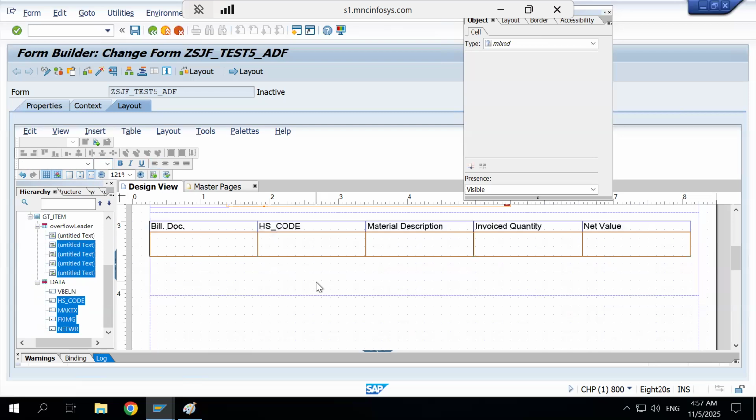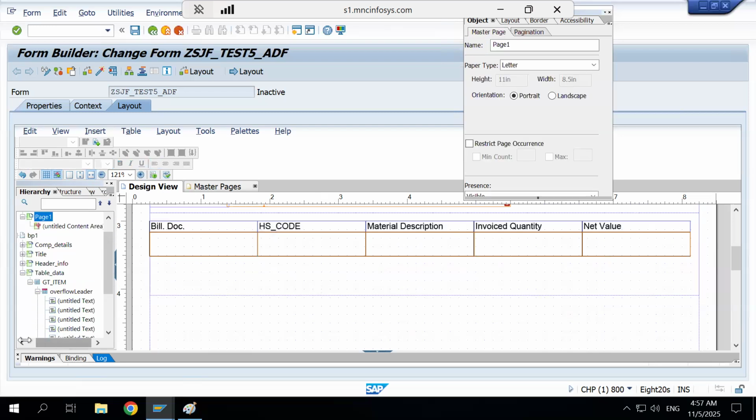Now, okay, we have to do something here. We have to make it as the